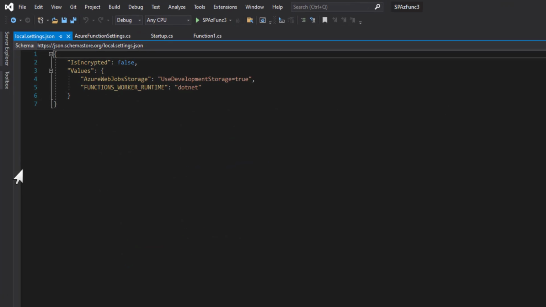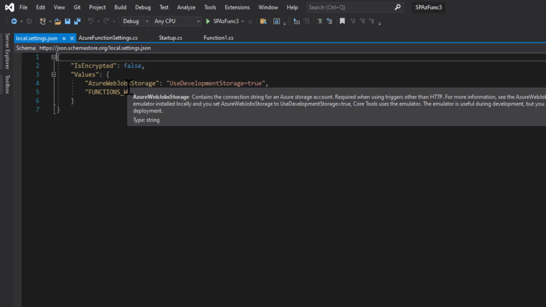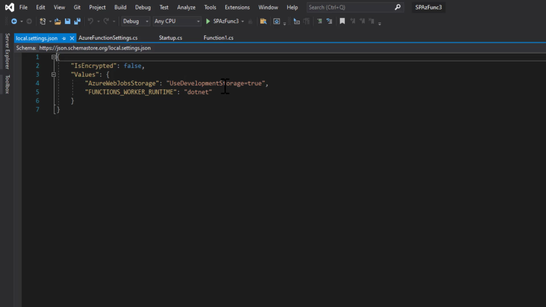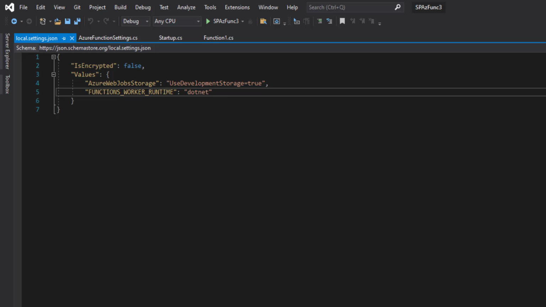Now we will update the local.settings.json file. By default, in order to run this Azure function API locally, it needs web storage, so it will have the default value UseDevelopmentStorage equal to true, which indicates that it will use the Azure storage emulator installed on our local machine. Now we will copy the thumbprint and the other settings. The first is site URL.